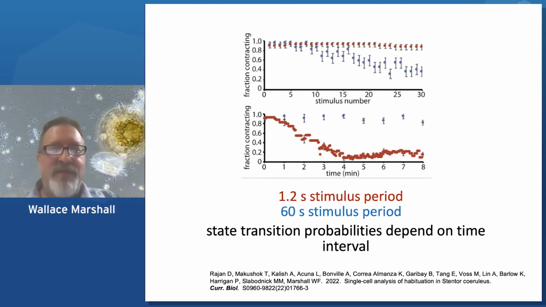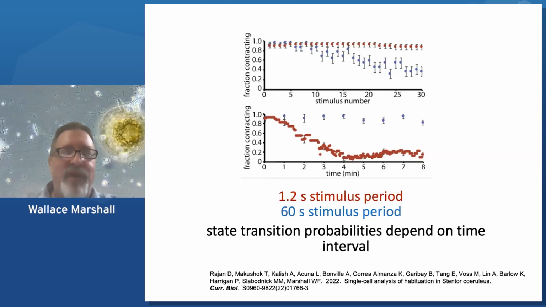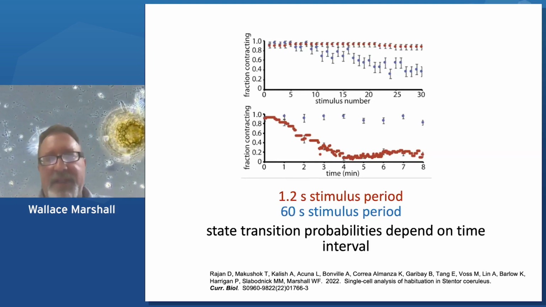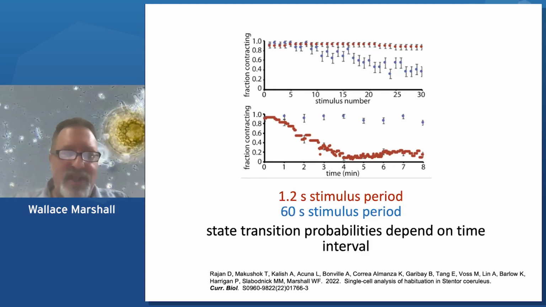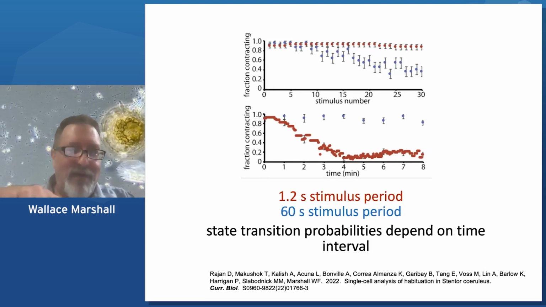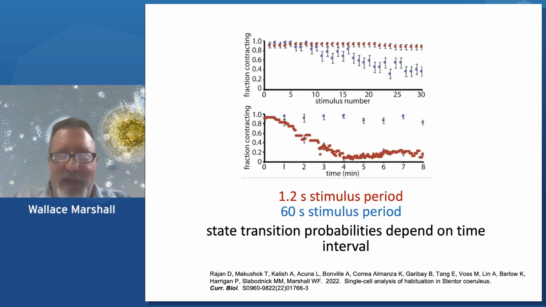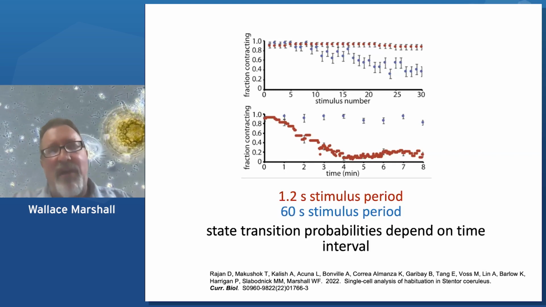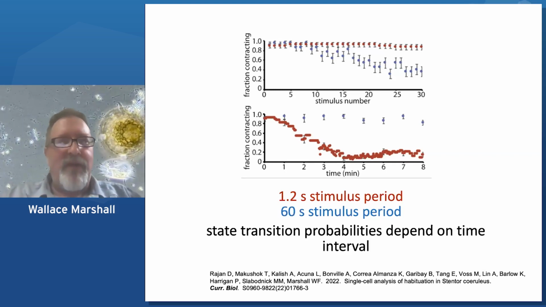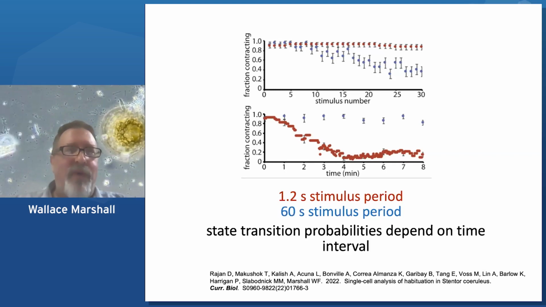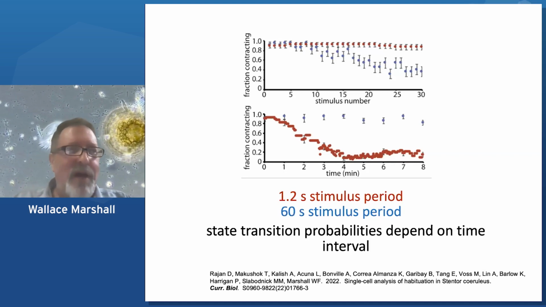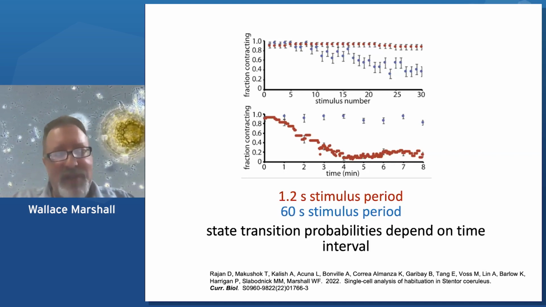But as a function of absolute time, the more frequent stimuli work faster. And so the only way to really reconcile all this is to say that somehow the transition probability from the responsive to non-responsive state has to depend on the time interval between the stimuli. So again, this is another deviation from the classic Markov behavior. The probability is not constant in unit time. Somehow something is happening, there's a timer or something where the cell is able to sense how much time has